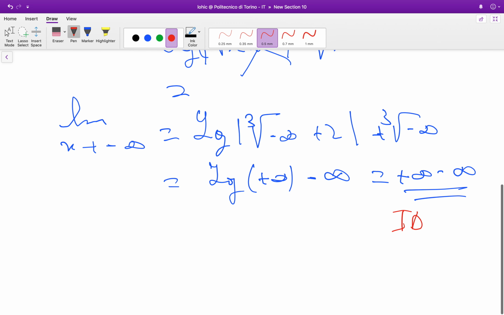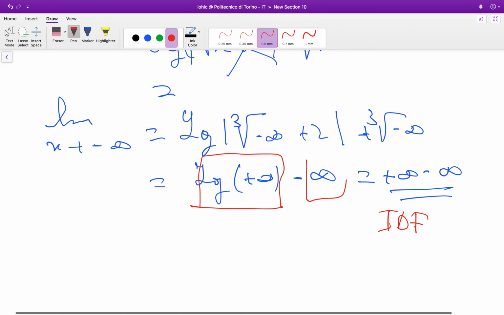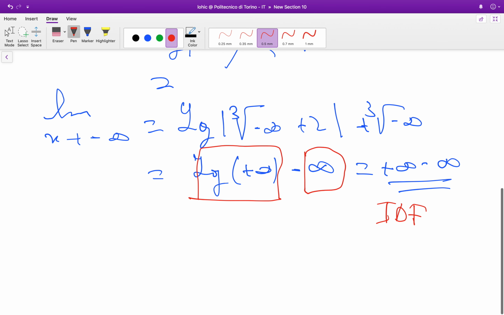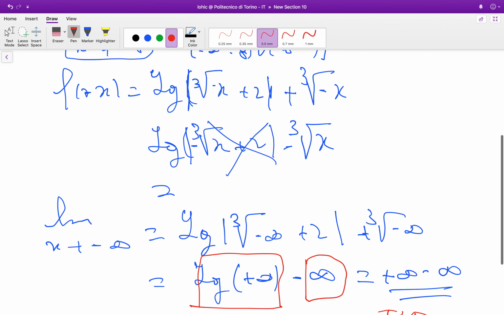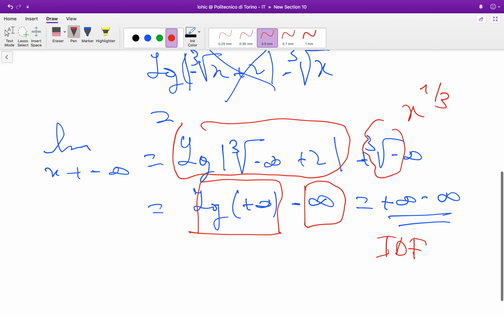Okay, this is an indeterminate form. But believe me, from one part this is a logarithmic infinity, whereas this infinity here is not a polynomial, but it is x to the power 1 over 3. So this infinity here is more